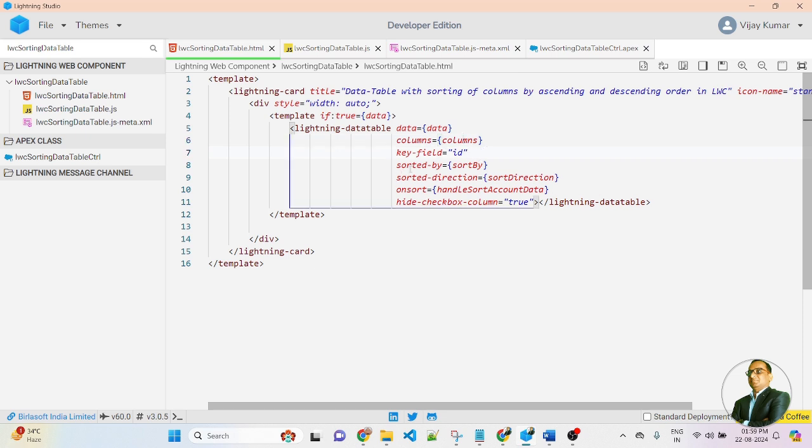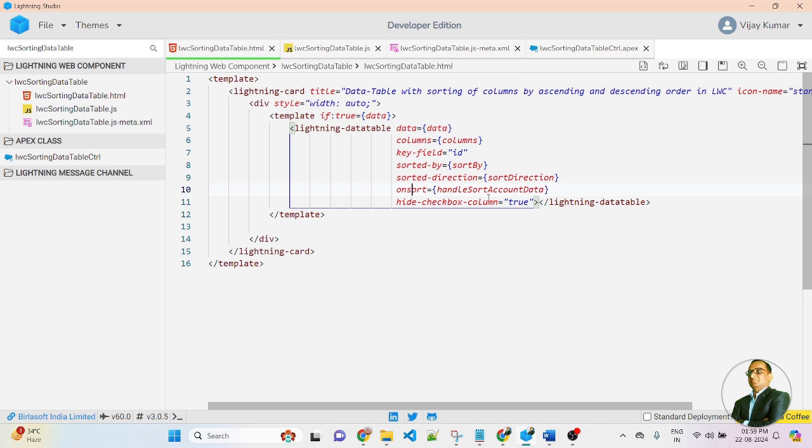Then I am applying the attribute sorted by, and inside the brackets I am passing a variable, sortBy. For sorted direction, I am applying sortDirection inside the brackets. These are variables dynamically created inside the JavaScript file. And I am also creating a function that I pass to onsort. So onsort is an attribute, and inside it I am passing a function.